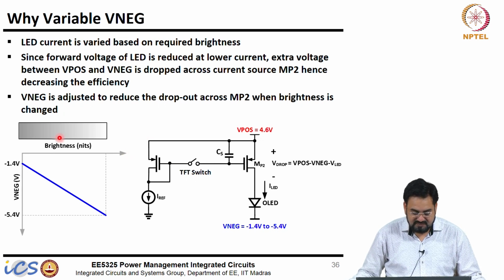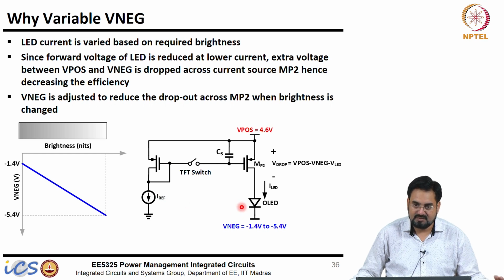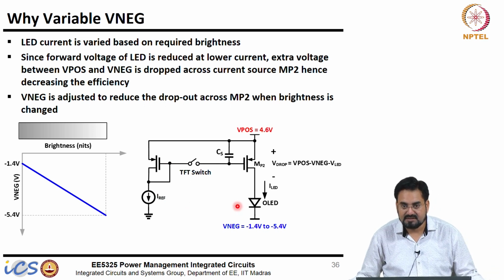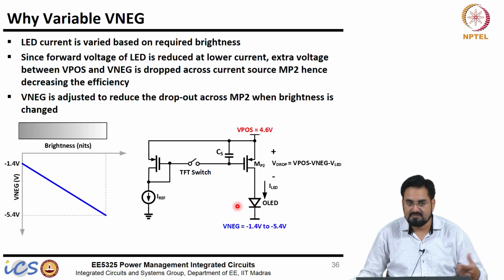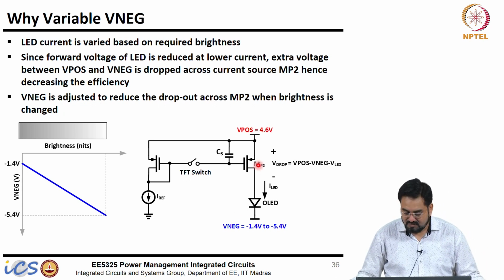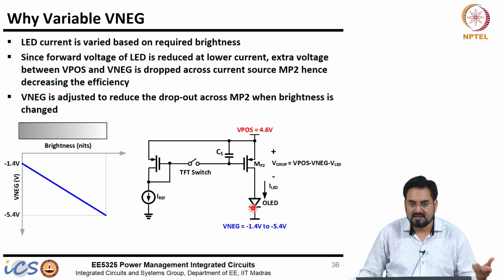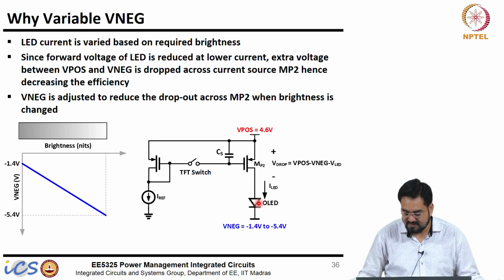When we are changing the brightness, what we are basically doing is changing the current. We know an LED requires constant current, as we saw in the backlight LED driver. So, your brightness can be controlled by simply changing the current. Let us say we are reducing the current, which means we are reducing the brightness. We know the forward voltage depends on your current: the higher the current, the more forward voltage this OLED will have. So, when I reduce the current, this organic LED will require a lesser forward voltage.